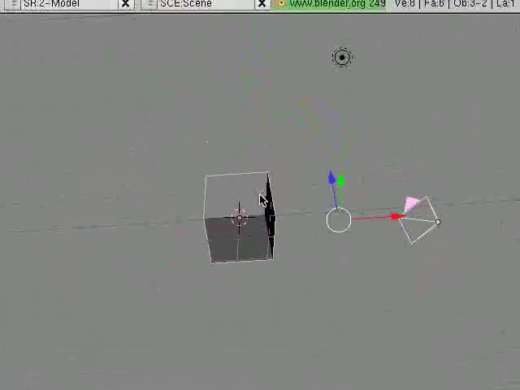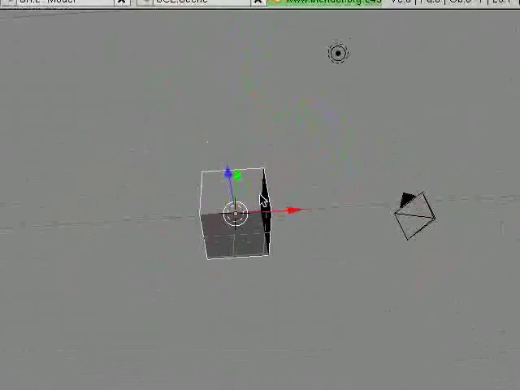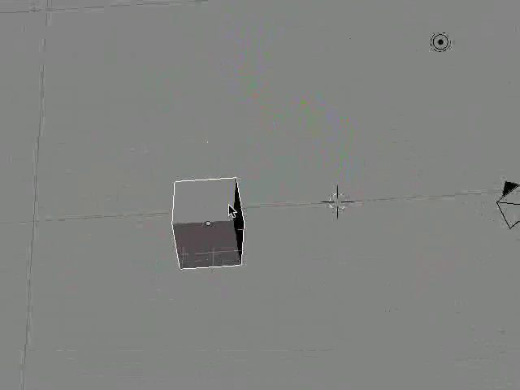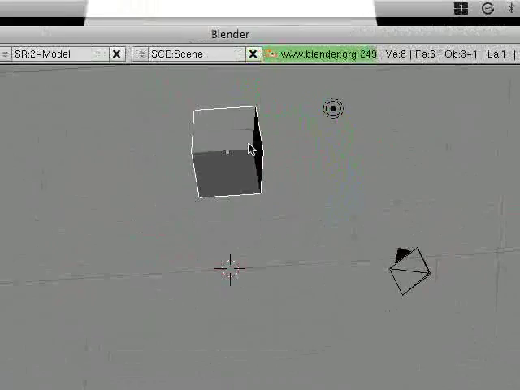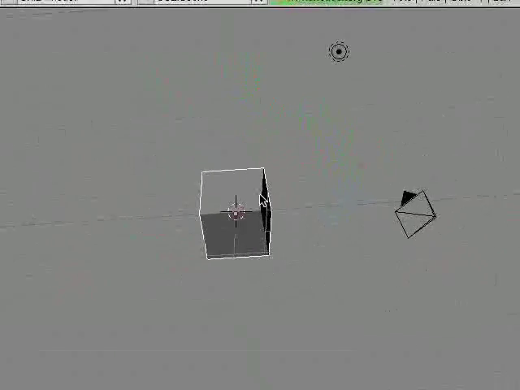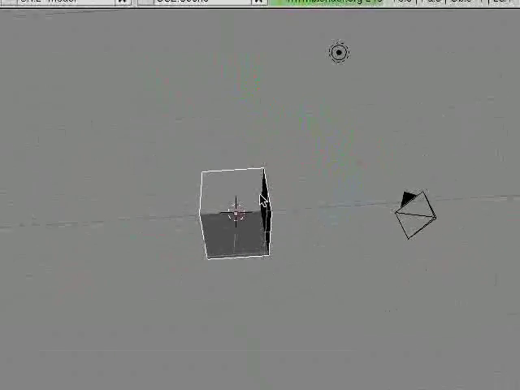So the first thing we'll be going over is just select the cube here and click G for grab. So that's just going to move it around. So you can move it that way, up and down, stuff like that. But say you wanted to just move it up and down. Well, you can click G and